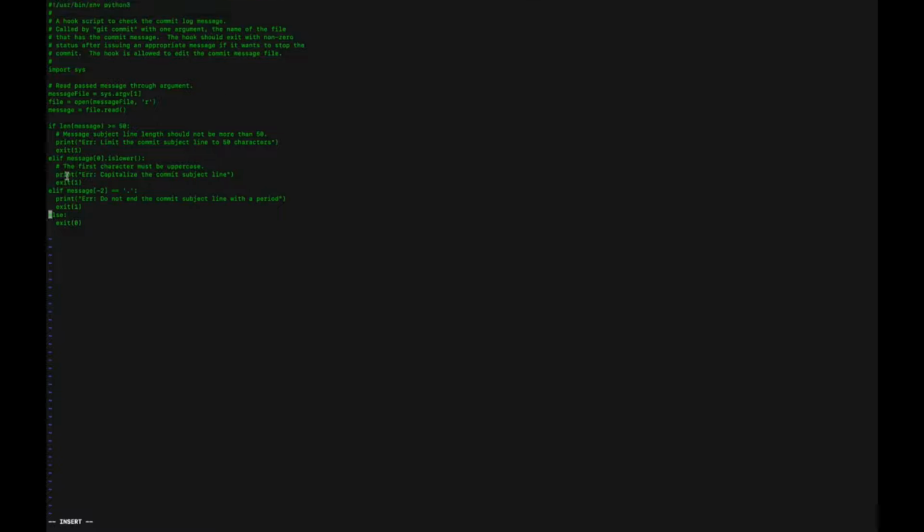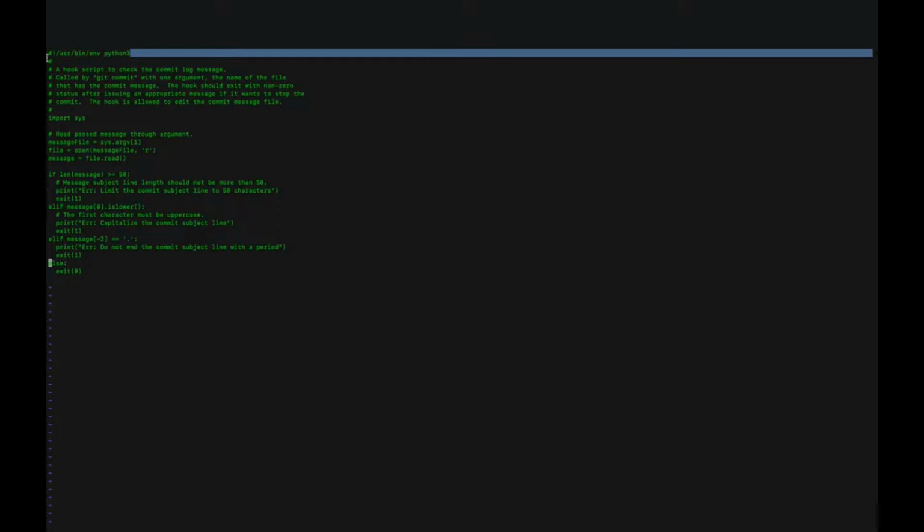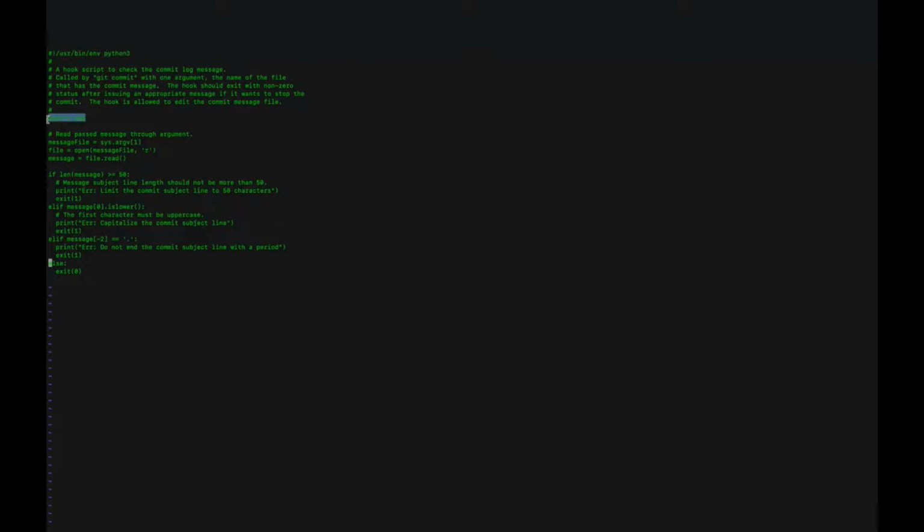So here I'm telling it to use Python 3 to execute my script and importing the sys package. This commit message script is receiving an argument of the commit log file, which has the commit message.